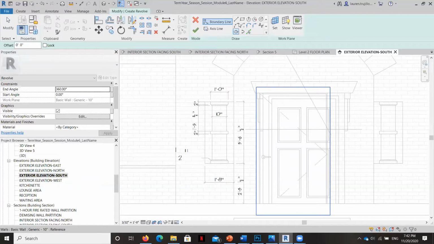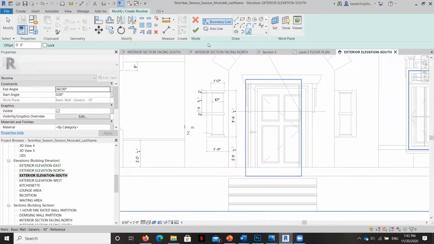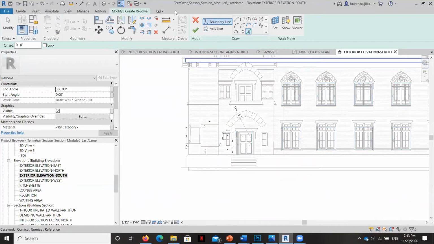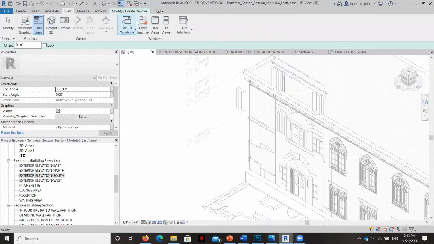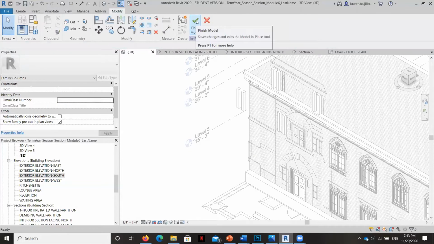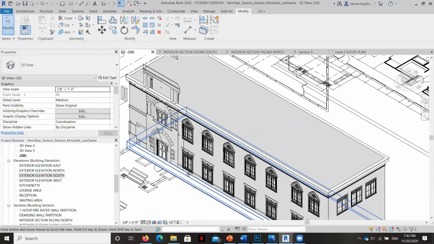Let's see, it's not going to let me grab this. Let's take a look. Nope. Okay, it looks like something's going wrong with that wall plane. So let's try that again. Let's view and do a 3D view. Actually, let's get out of this command first, see what's going on. Okay, let's try it again.